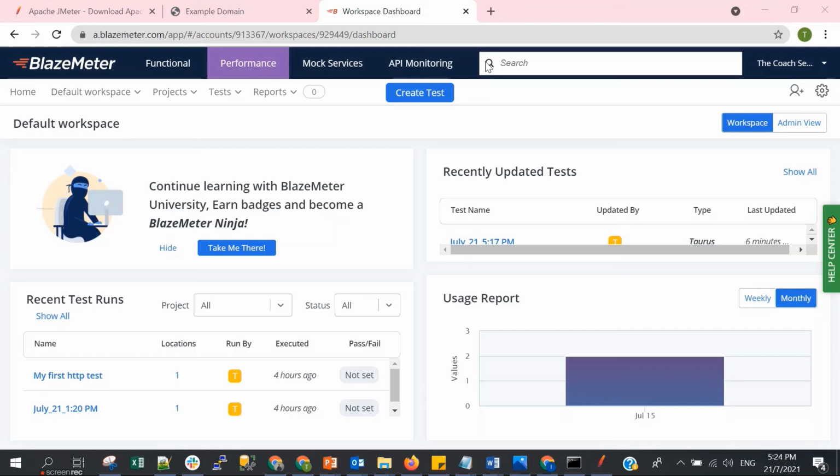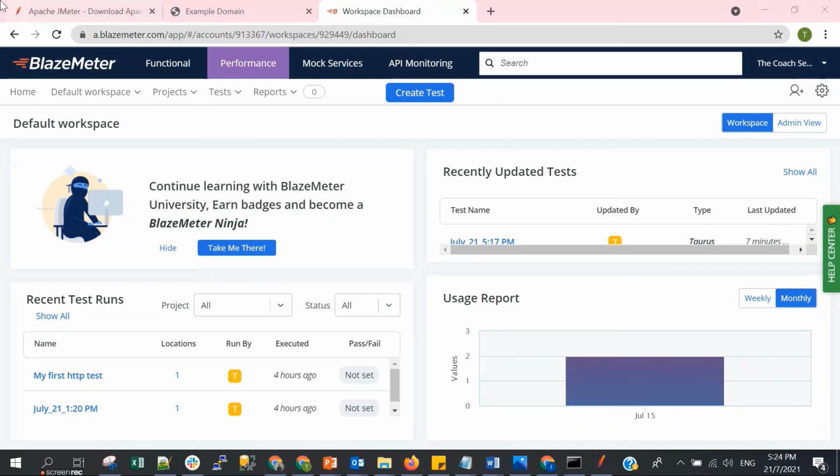Hello everyone, in this episode I want to explain how to run our performance testing, how to run our JMX file in Blazemeter. So why do we need Blazemeter? Using Blazemeter, we actually don't have to worry about setting up a server to run our performance testing. If we use this, basically we are running our testing in the cloud, not in our local machine. And there are some other extra features as well if we are using Blazemeter, and I will show you what that is.